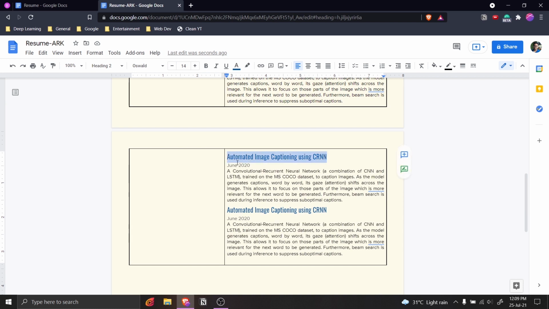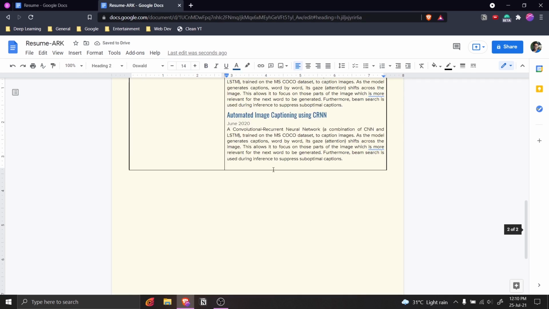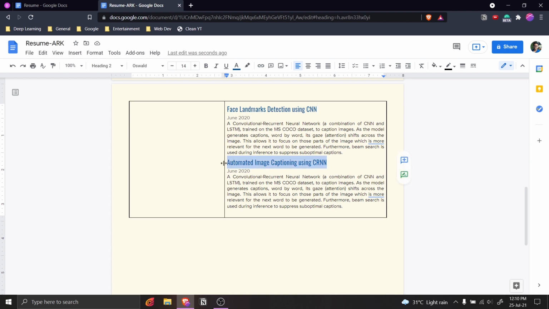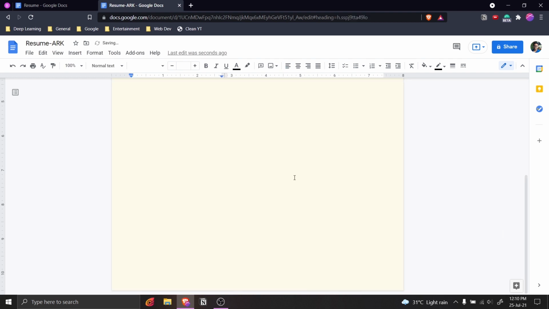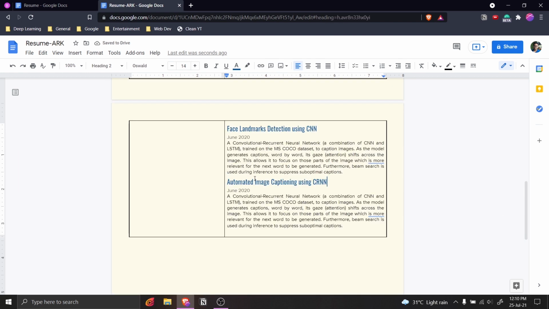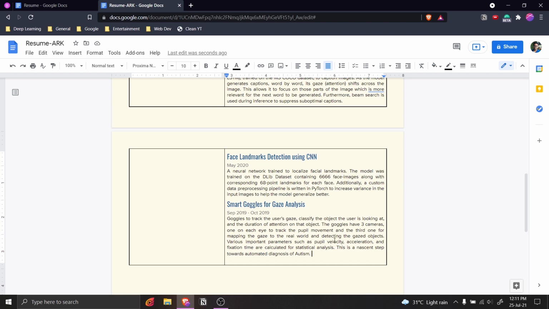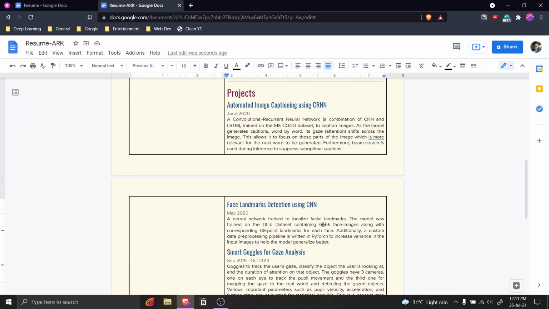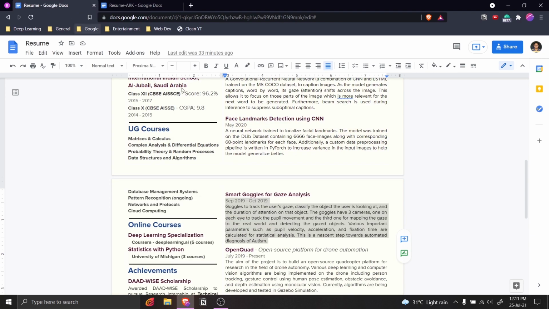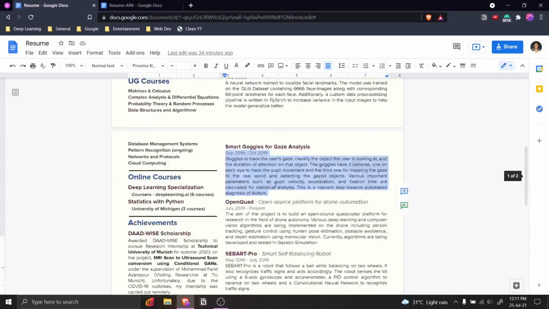Again, I'm going to use Control Shift V here, and for this I guess 3 projects is more than enough. We don't need to add more right now. Right, and for this tutorial I believe that 3 projects is more than enough. I don't need to show you how to do the rest. You can easily do them yourself. Now let's move on to publications. Again, very simple, the same exact procedure.